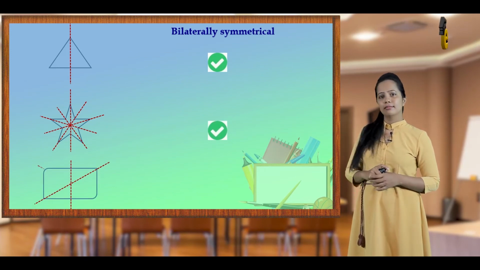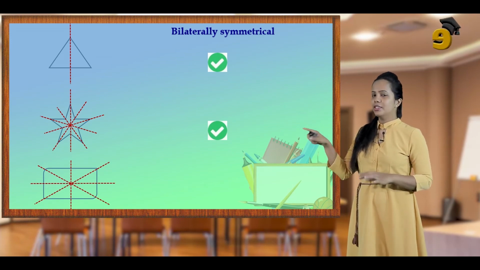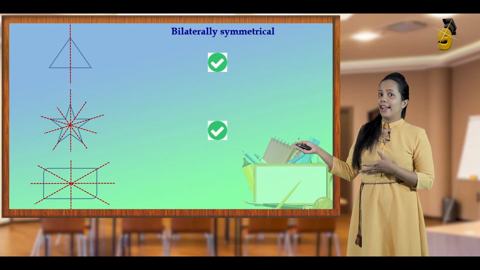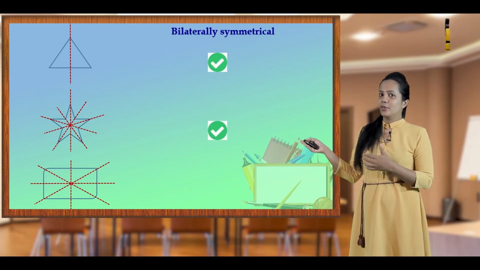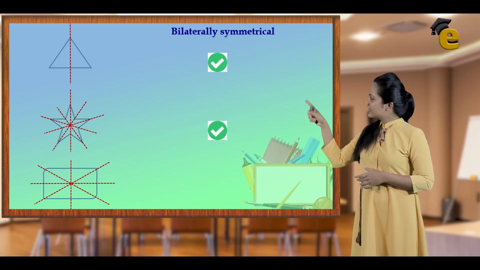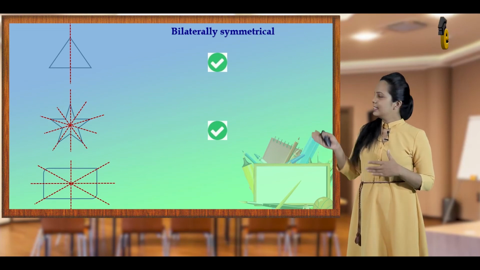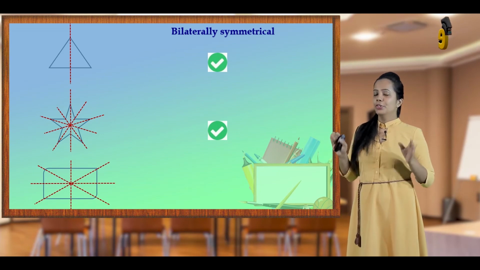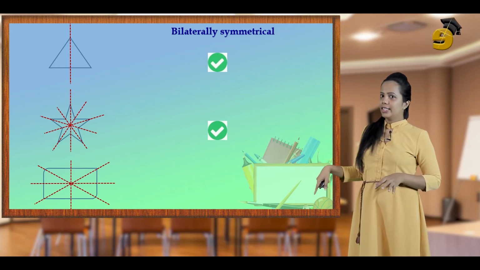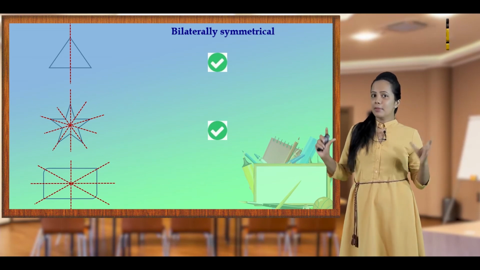Consider this one. What can you say? I selected 4 lines. You can see 4 dotted lines. So, I consider 4 axes. But are they the axes of symmetry? I can draw lines, but they need not be axes of symmetry. When you consider each line, you can see along each line this figure is divided into 2 identical parts, right. First consider that vertical line. When you consider the vertical line, the figure is divided into 2 identical parts.